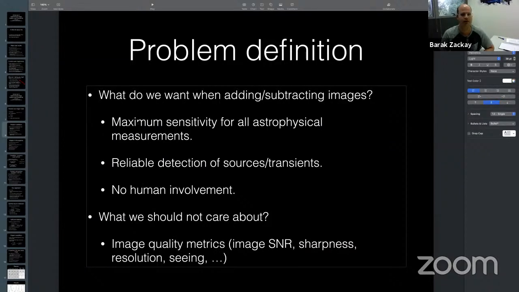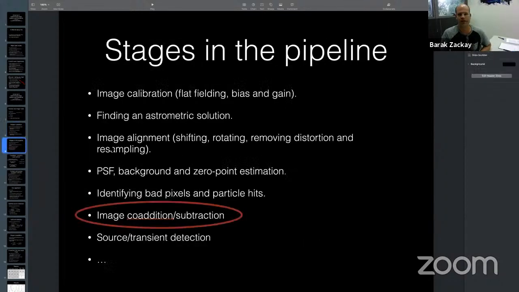We just want our maximum sensitivity measurements. And whatever the way, the better the measurement, we don't care what tool gave it to us. Okay. So remember this definition,